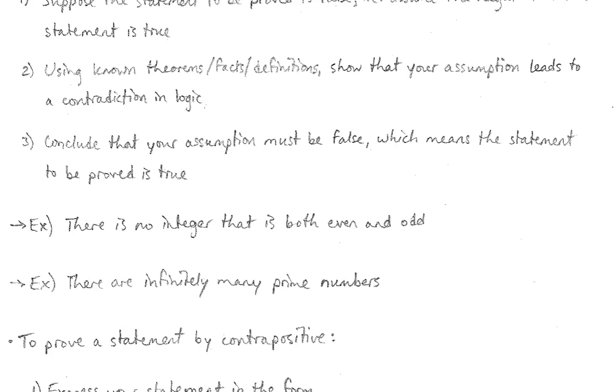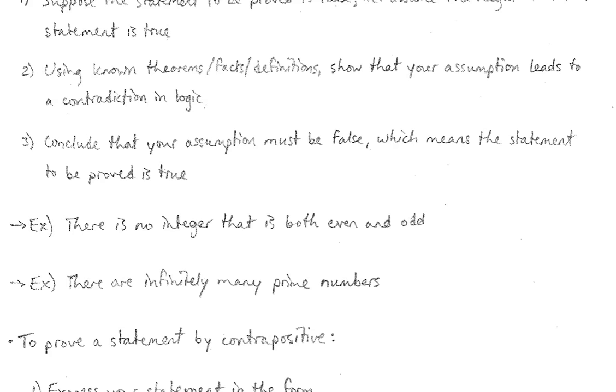The other form of indirect proof is proof by contrapositive. Earlier on in the course, we said that a conditional statement and its contrapositive are logically equivalent. So you may be given a quantified statement that contains a conditional statement inside of it. So it may be for all real numbers, if something, then something else. Well, sometimes trying to work with that quantified statement head-on doesn't really give us any nice leads to work with. But if I can prove the contrapositive of that